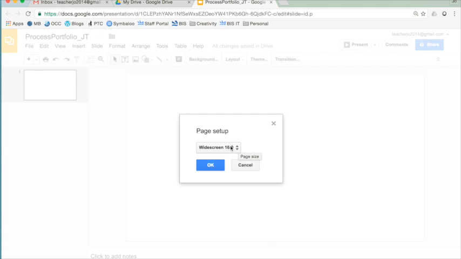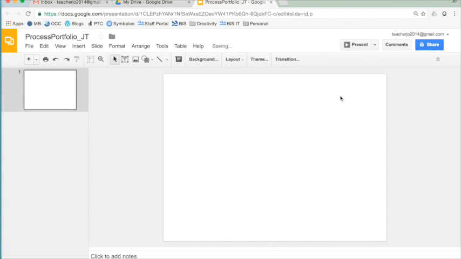It's got the ratio here. So I'm going to click on this and I'm going to change it to widescreen. Sorry, it's to standard. And then OK, and you can see it's pretty similar to PowerPoint or Keynote or other presentation formats. Okay, so now that we've set up our document, we've given it a name, we're ready to start